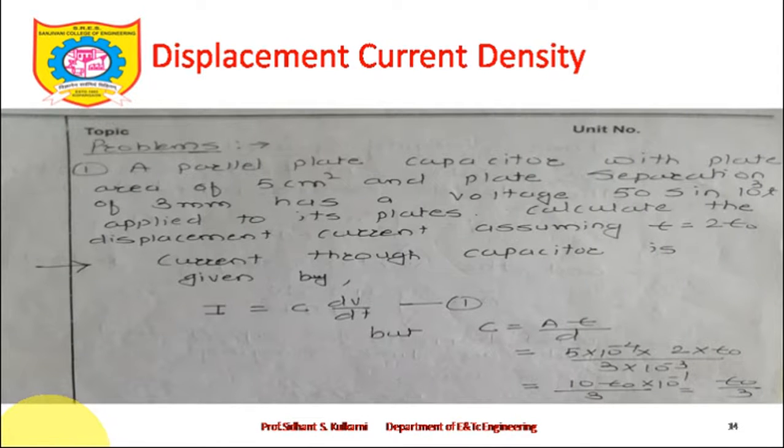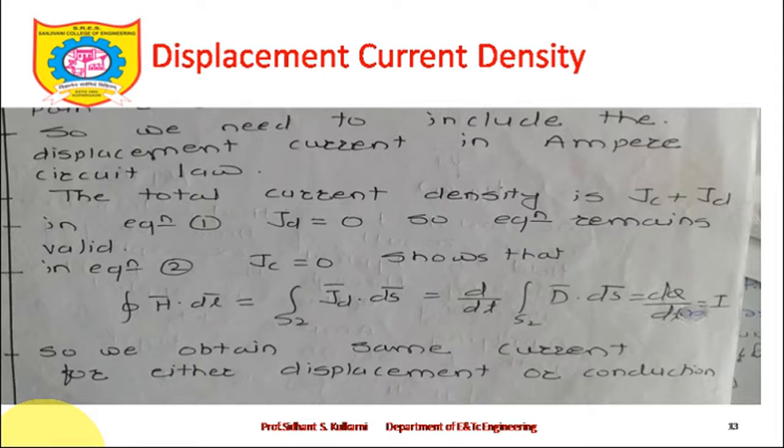Now let's solve certain numericals related to it. Before proceeding, I will just revise certain things, and then in the next lecture we'll talk about them. Maxwell has taken Ampere circuit law into account and written an extra term JD bar. So del cross H bar is not only equal to JC bar, it is equal to JC bar plus JD bar, where JC bar is the conduction current density and JD bar is the displacement current density. JC bar can be written as sigma E bar, and JD bar can be written as dou D bar by dou T. We can replace D bar by epsilon E bar, and we have gone through the concept of loss tangent tan delta also, and the tan delta value will tell us how lossy the dielectric is.